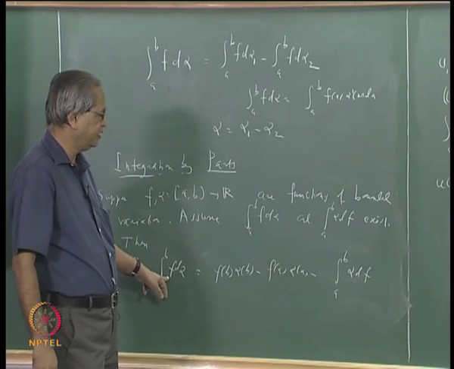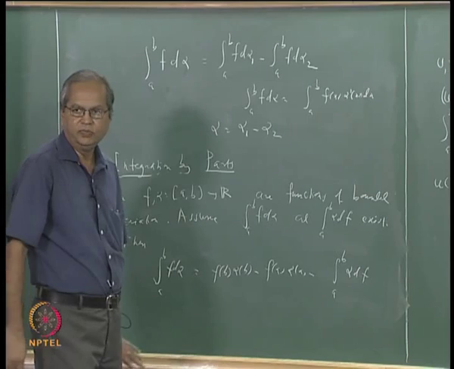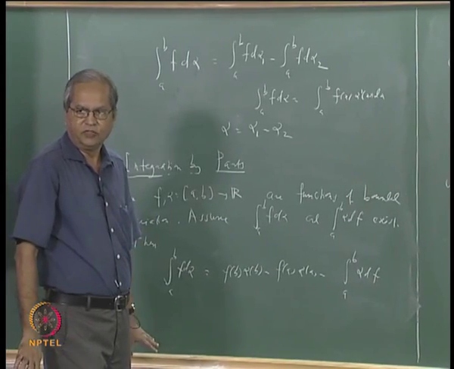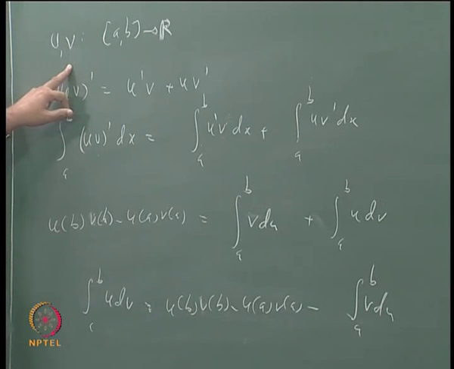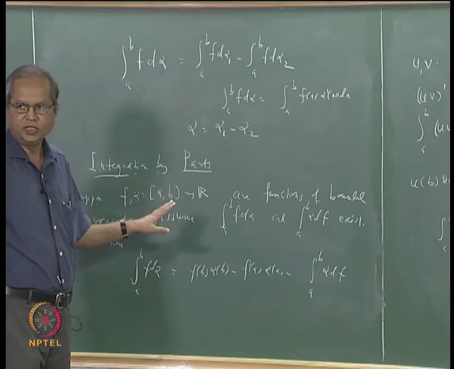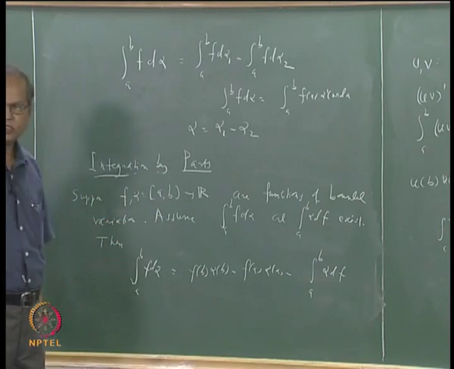If you take, for example, f as u and alpha as v, it is this. But the difference here is that you have assumed that u and v are differentiable, and that is why the proof uses the fundamental theorem of calculus and becomes very easy. But here our assumptions are much less; we are only assuming that these are functions of bounded variation.